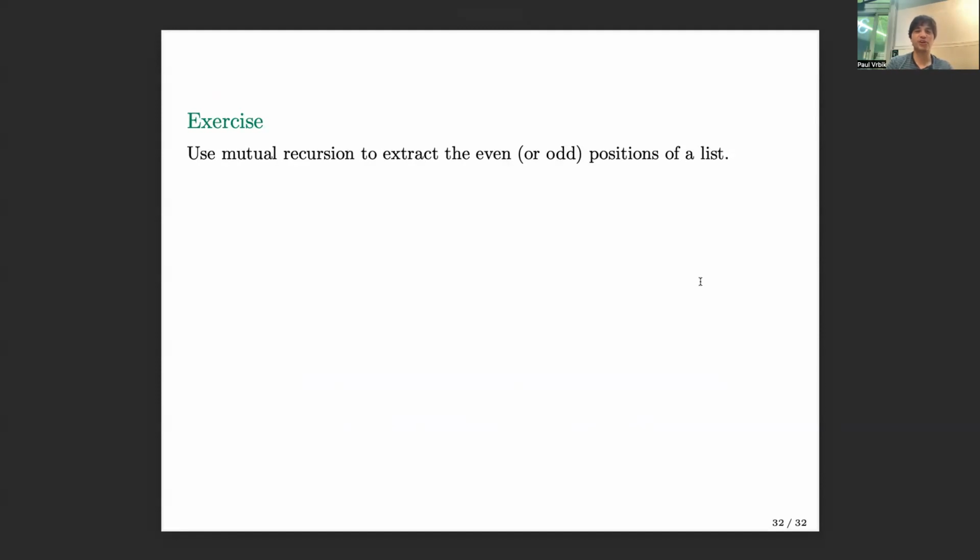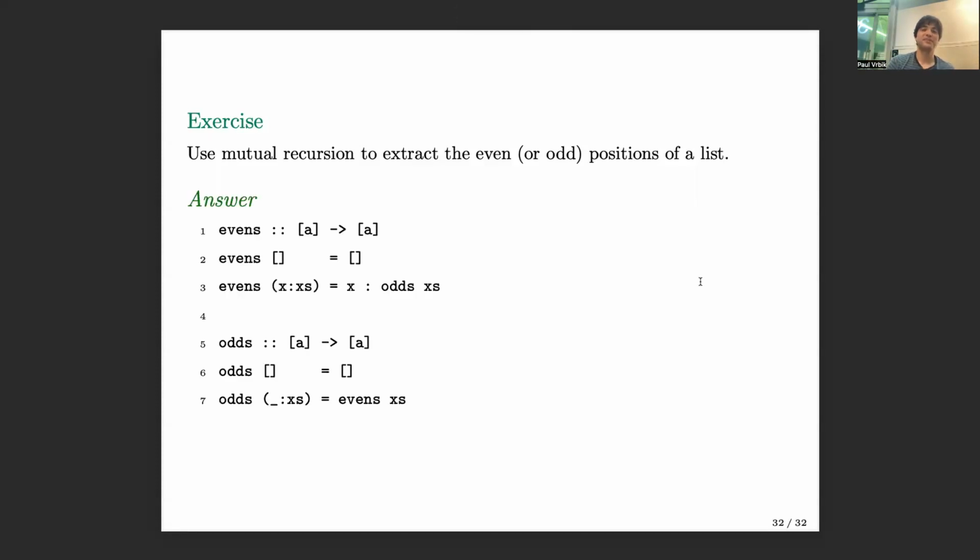Exercise. Use mutual recursion to extract the even or odd positions of a list. Are there any ideas of how we can do this? It's going to be very similar, right? So maybe we could argue about these base cases, but in any case, so the evens,